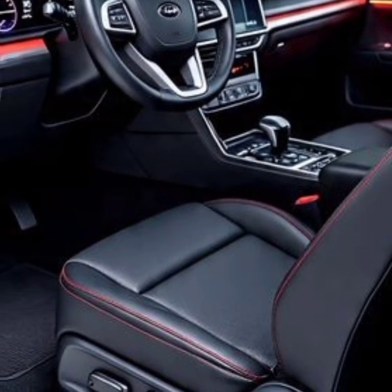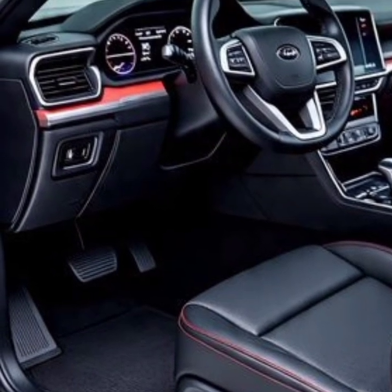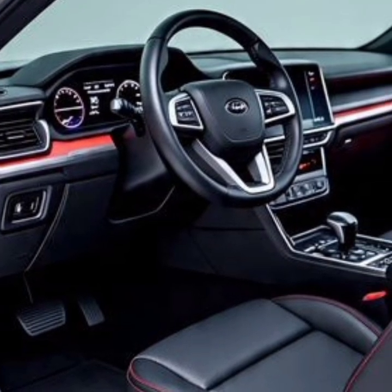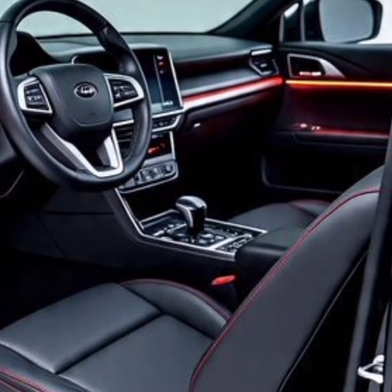With auto-retractable side steps and a wide door opening angle, getting in and out feels less like climbing into a truck and more like stepping into a crossover. This attention to accessibility improves the day-to-day experience dramatically. In the rear cabin, rear seat recline function and an optional rear seat heating system create a premium environment for